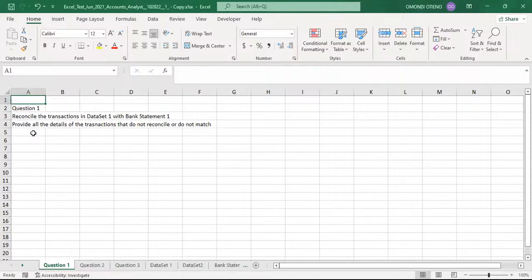Okay, so if you look at this question, the examiner needs you to reconcile the transactions in dataset 1 with the bank statement 1 worksheet. And then below it, you are required to provide all the details of the transactions that do not reconcile or do not match. So one, it might be in terms of details. Maybe the transaction number is the same, but the amounts are different. So that can also be one of the